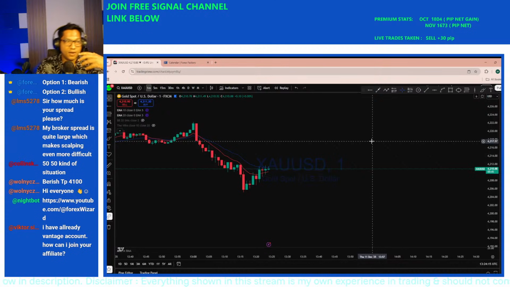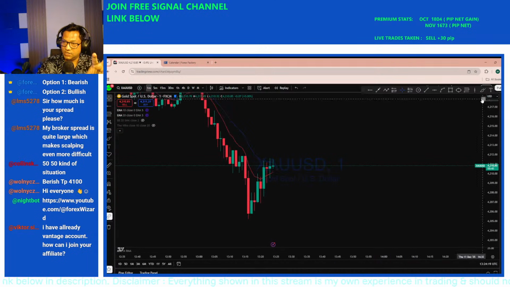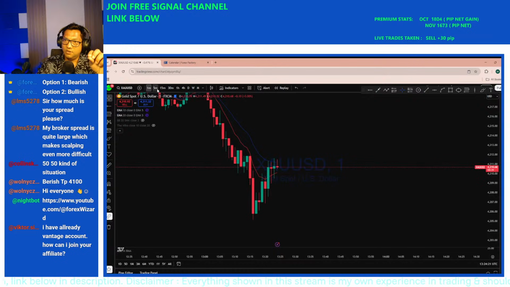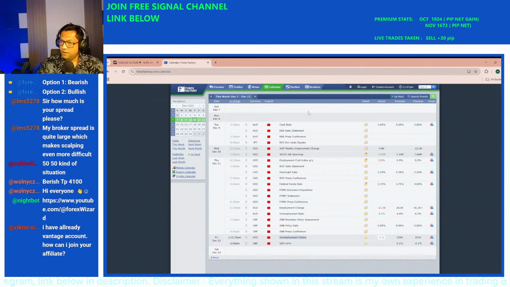Therefore, anytime the price is approaching any key support or resistance, that's where you are looking for an entry opportunity. And we see the data is coming in just a matter of